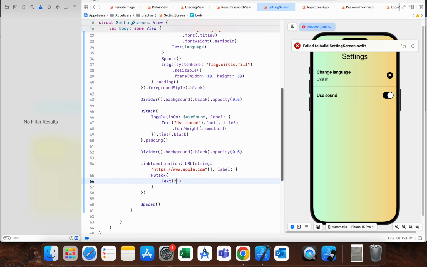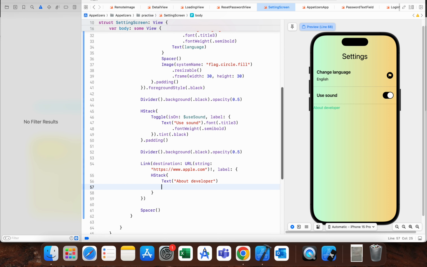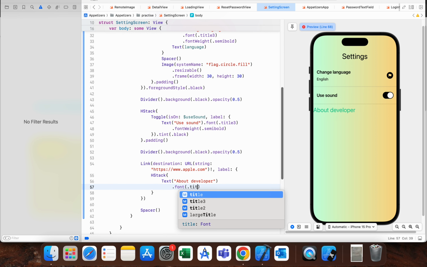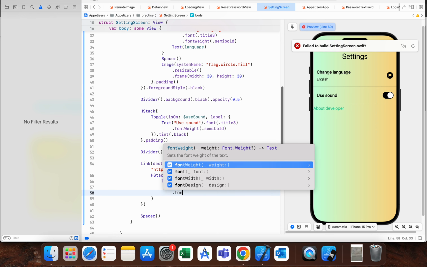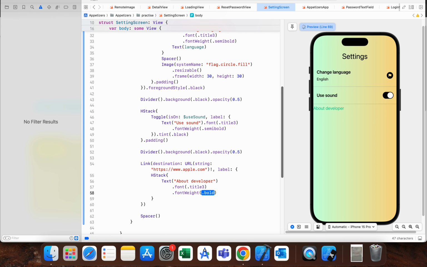So for the text, about the developer, font title 3, font weight also semi-bold,